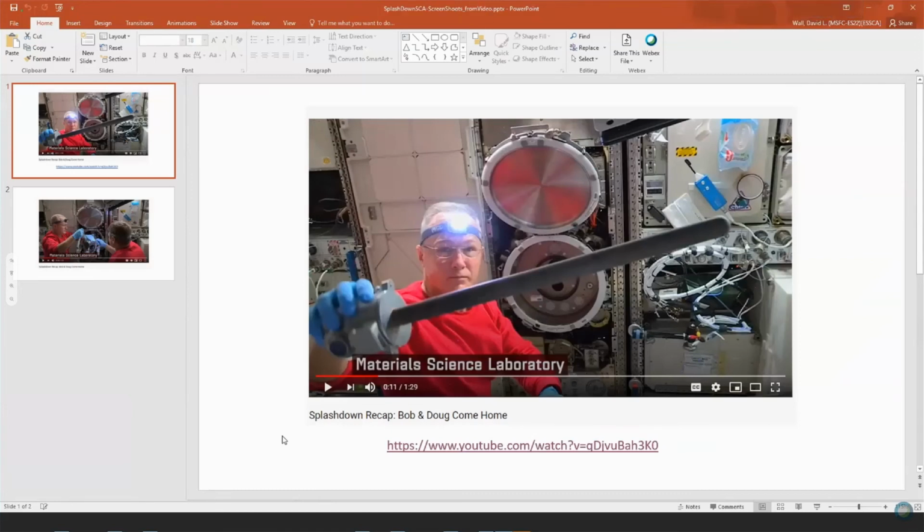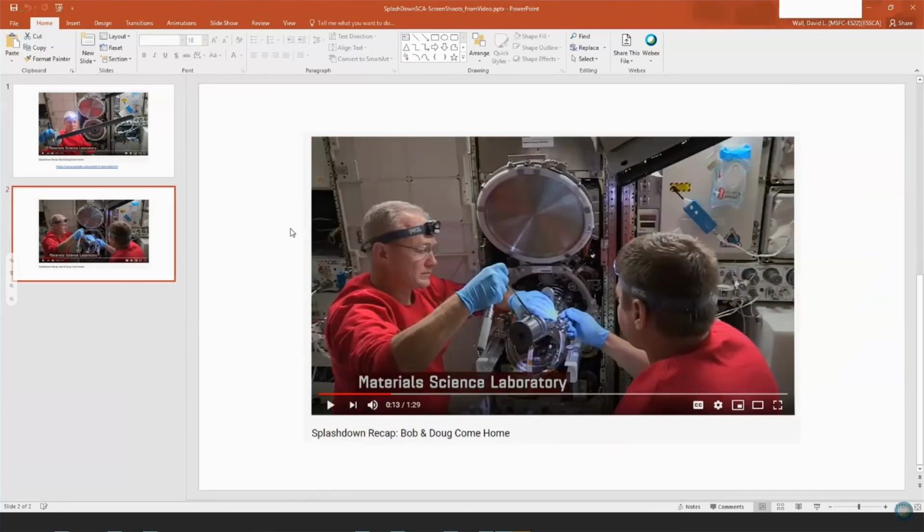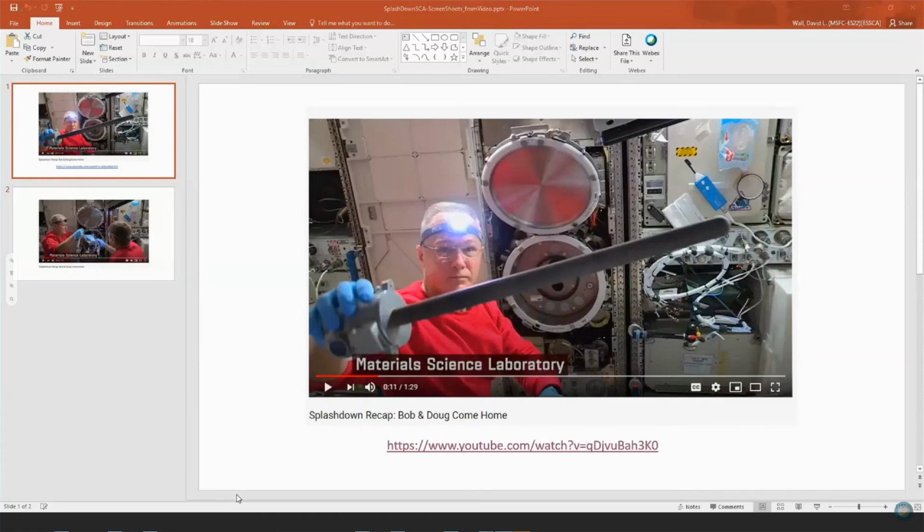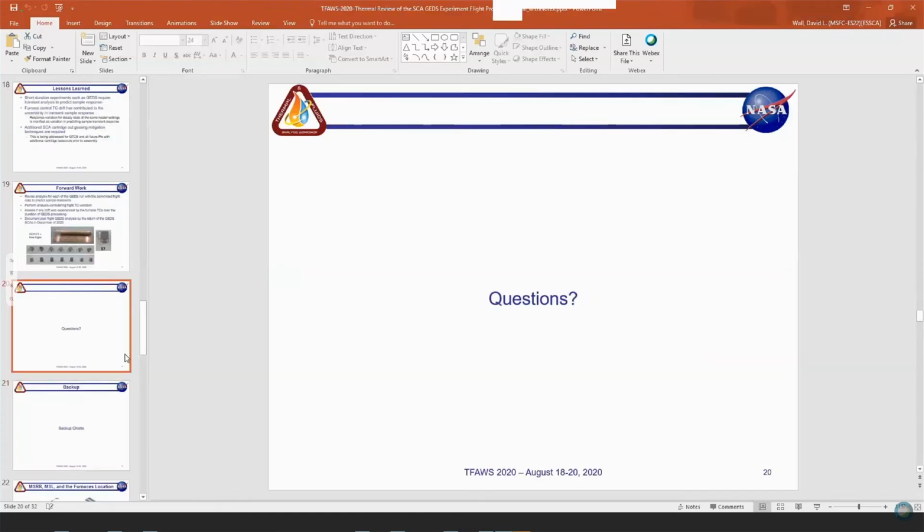So before we go on to questions, if we have the time, I was going to show, hopefully we can all see this, recently Doug and Bob that flew up on the SpaceX mission actually did a few of our cartridge exchanges for us. And here they are swapping out one of our cartridges in the furnace on the space station. They did 2 cartridge exchanges for us and also swapped the furnace from the LGF to the SQF while they were up there. And I believe they noted that it was an easy process.